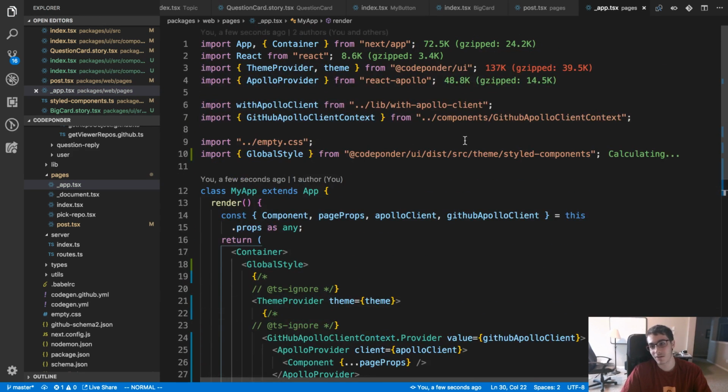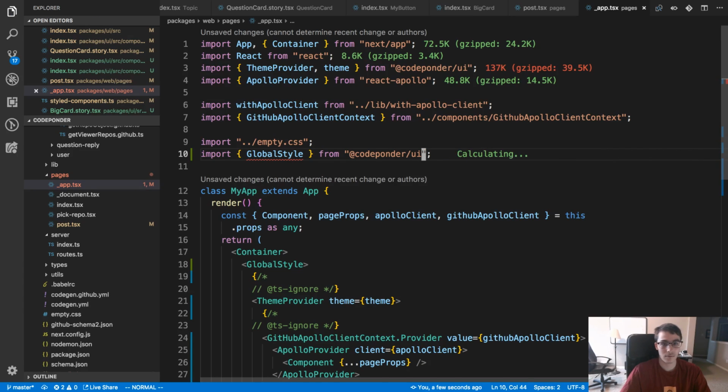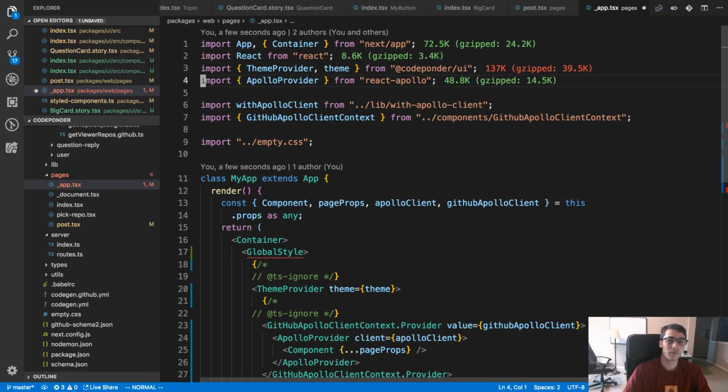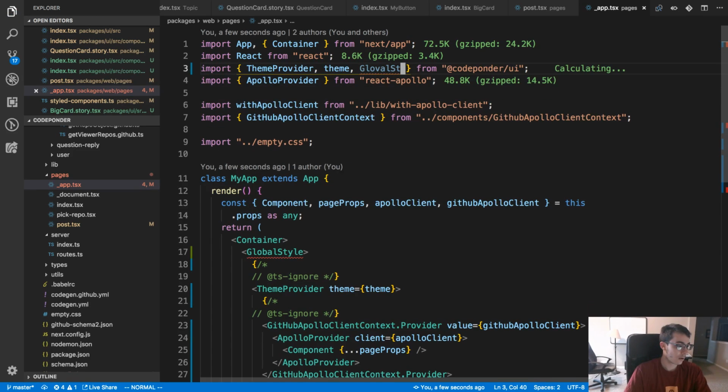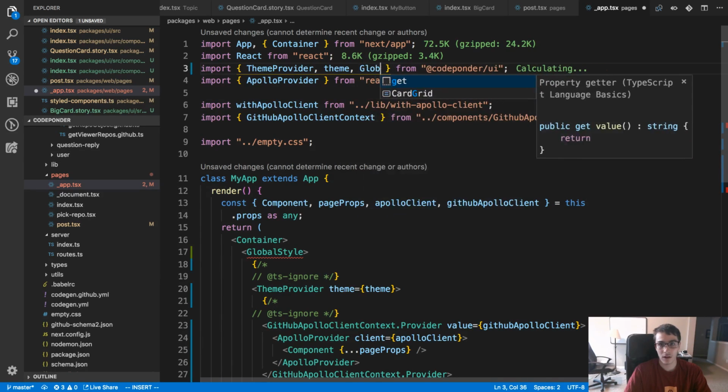What the heck? I've never seen VS Code auto import it like that. Oh, I already even have it up here. Oops. Is it not in there?